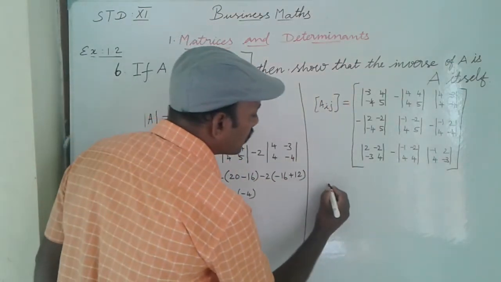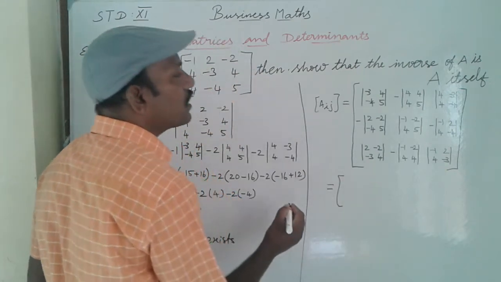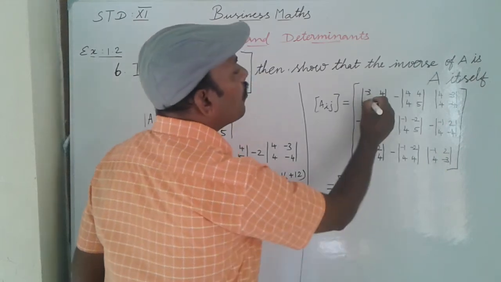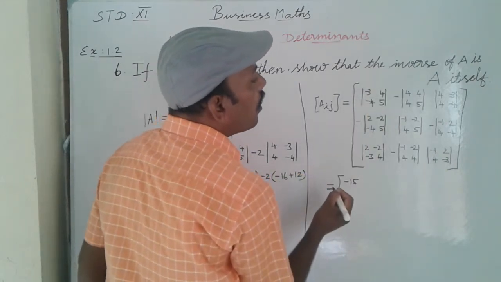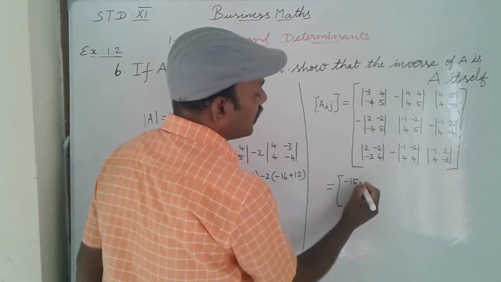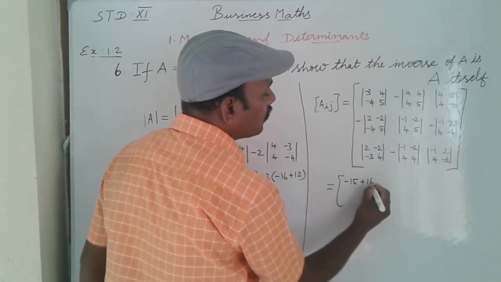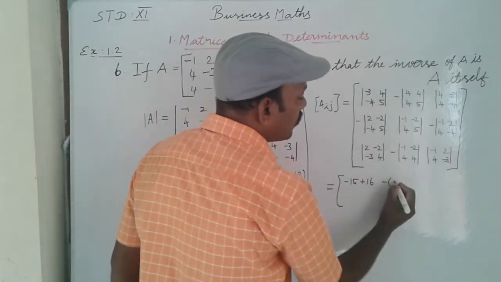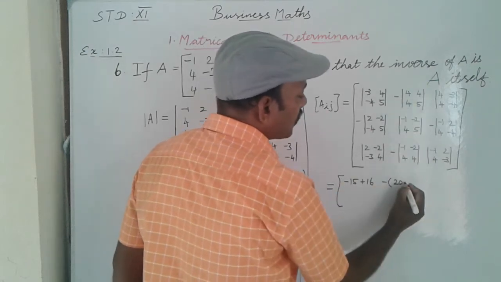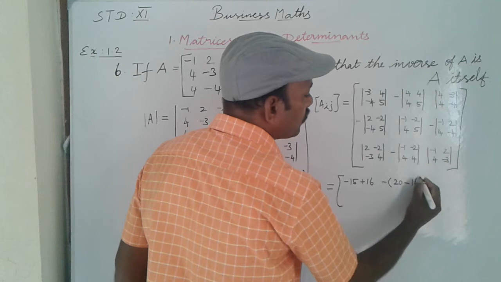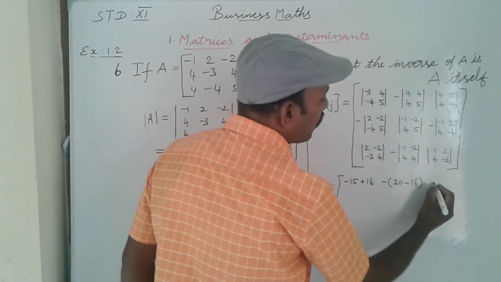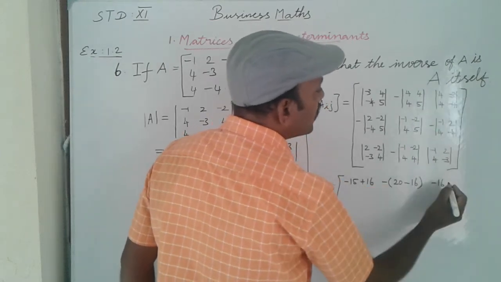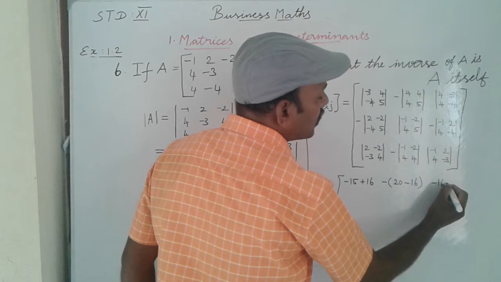So next we should find out its Aij, the cofactor of the A matrix. Minus 3 into 5 is minus 15. Minus 4 into plus 4 is minus 16. Already one minus is here, minus into minus is plus 16. Next, minus is the symbol. Minus of 4 5s are 20. Minus is the symbol. 4 4s are 16. Next, 4 into minus 4 is minus 16. 4 into minus 3 is minus 12. One minus is here, minus into minus is plus 12.